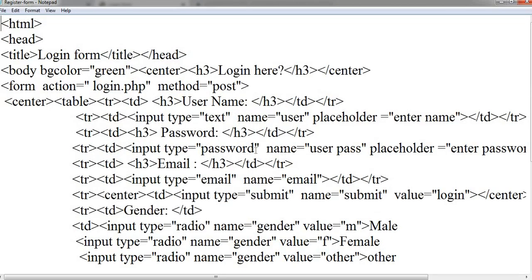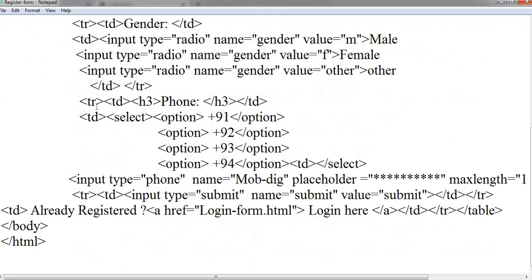A little bit of variation for this, here we have added this one.